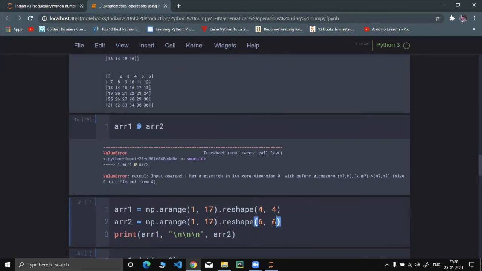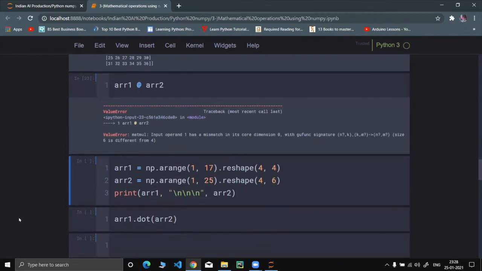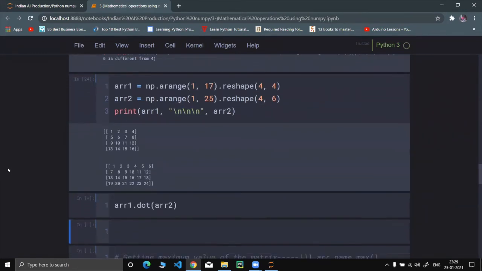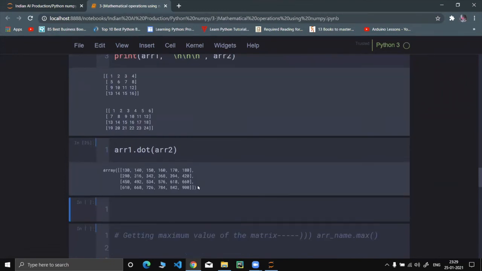What if I 4, 5. Now see, the number of columns in first array are equal to number of rows in second array. So this, I think, should execute. Yeah, see, it's executing.